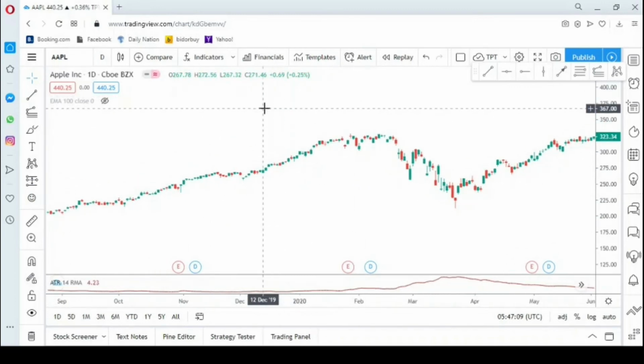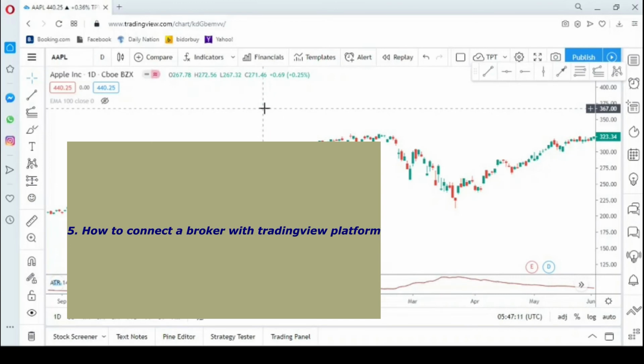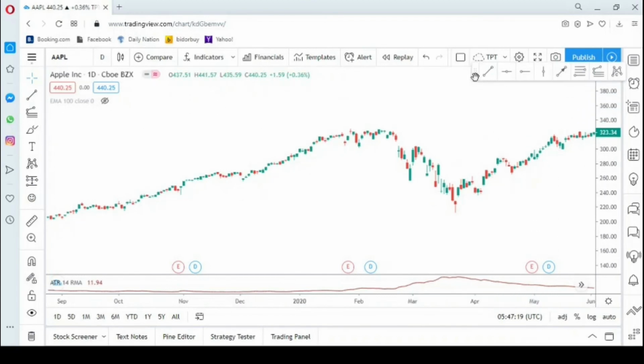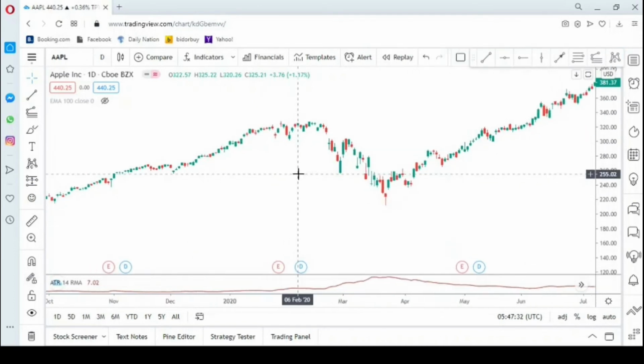The next one is how to connect a broker to the TradingView platform. Now, connecting a broker to the TradingView platform: this is just a charting platform, it's not a broker. So what you have to do, if you want to connect your platform with your broker, you come down here,